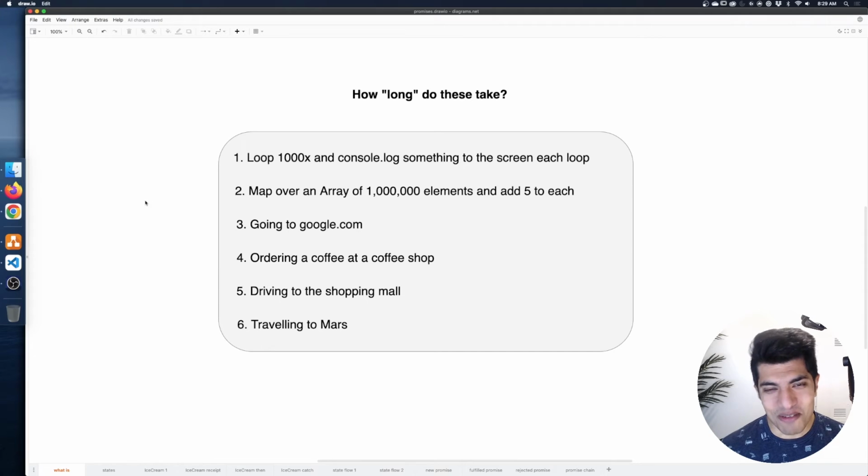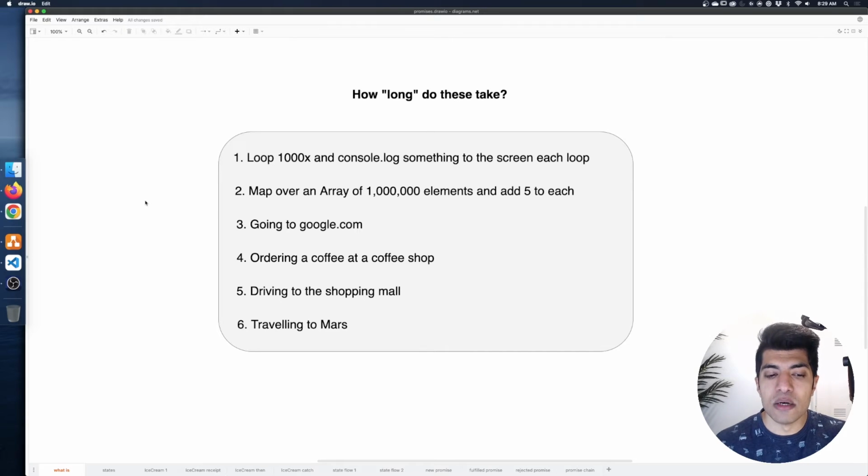Now, my favorite one on here, obviously, since I'm also a space nerd, is traveling to Mars. This is definitely also a bit arbitrary. In the best case, I would probably say with our current technology, this might take like 9 months as a one-way trip if you're down for that kind of thing, using rocket technology. But if you go the longer way, it might take much longer. And that's assuming nothing happens along the way. Maybe in the future, we develop faster technology. We can shorten that time from 9 months to much less. Maybe we can teleport there in the future and it's instant, right? This is also